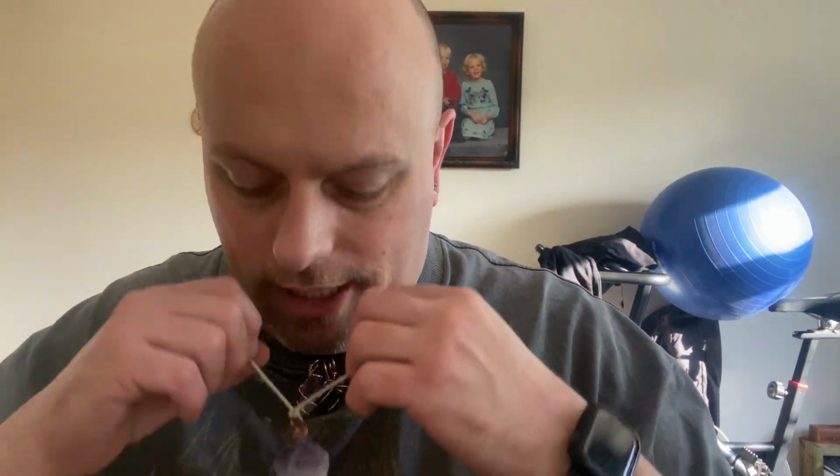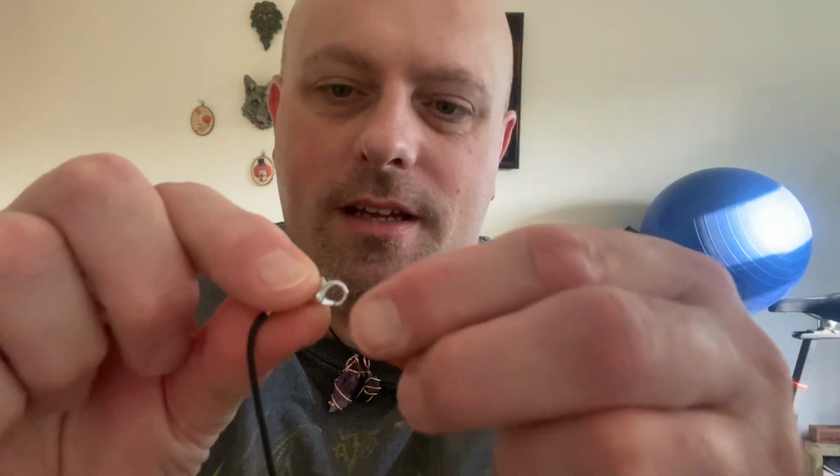I don't know how well you can see it on camera, but let me take this one off. I do have one of these necklaces that I've just shown on camera, and it is a bit snug around the neck. I'm quite a big guy, so I do have quite a big neck, and it's not tight. I would say more comfortable than tight around your neck. And trying to hook that hook, whether you do it on the mirror or either way. This is a standard size hook and a standard size hole, and trying to put this on around your neck, because I'm the type of person that will fiddle trying to do it, and as you can tell,